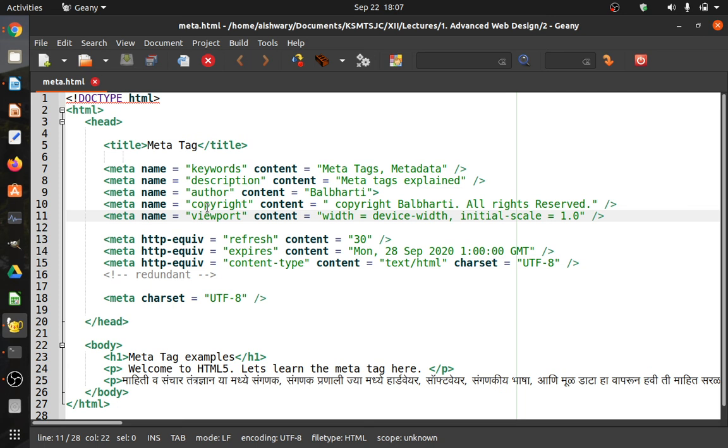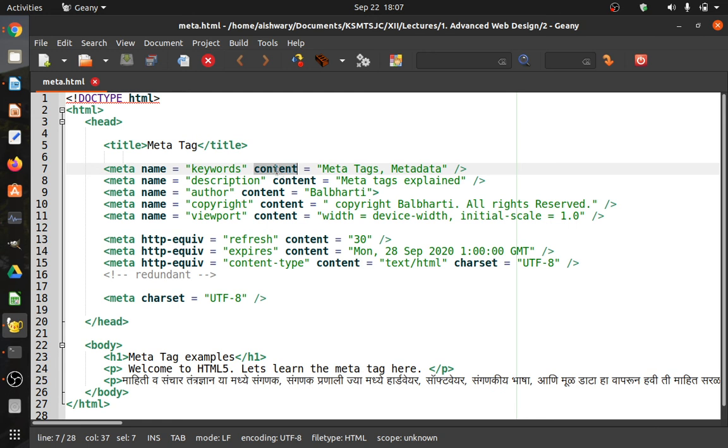Now the first is keywords. As you have just seen, the meta tag is used for search engine optimization, that is, for search engines. The next attribute that is passed is content.